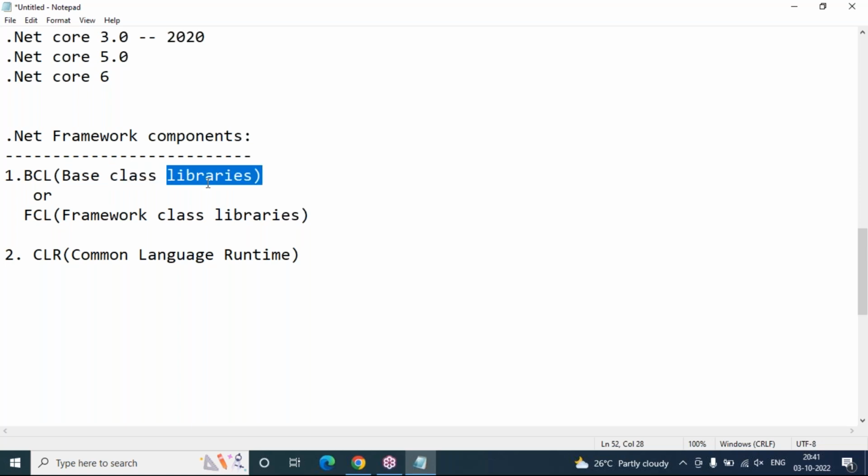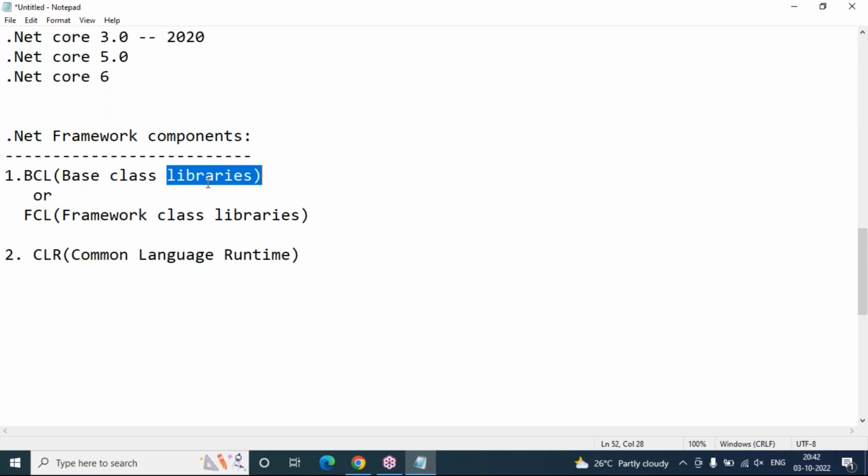Generally, when we start a C# .NET program, on top of the program we have to include some namespaces. But by default, some predefined or built-in namespaces come along with the program. That is the advantage of .NET. The programmer need not think much about namespaces, because based on the application type you choose, the basic namespaces come on top of the program. If you need them, you can use them, or if you don't, you can ignore them. And later, if existing namespaces do not meet your requirements, you can install more.